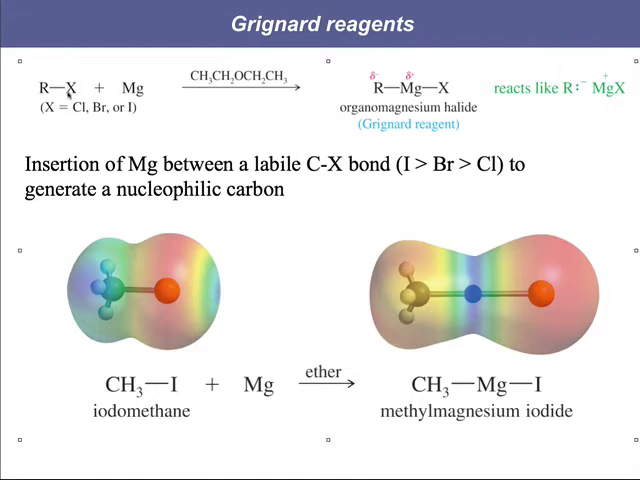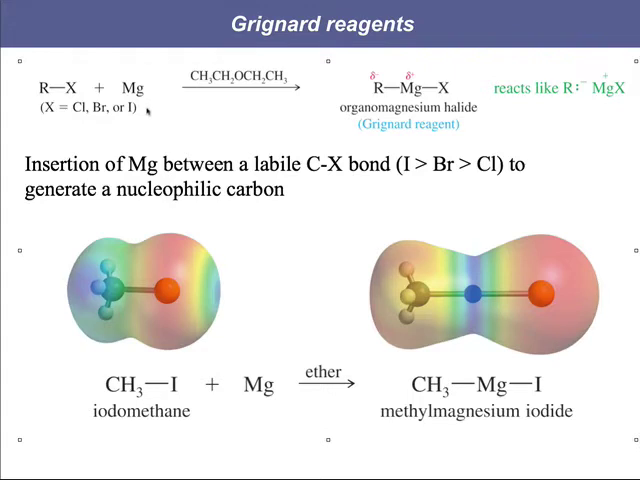Then all we need to do is take that alkyl halide and react it with magnesium or some other metal in diethyl ether, some polar aprotic solvent. Being aprotic is very important in this case. We'll talk about why at some point. So some polar aprotic solvent like diethyl ether. And what the metal will do is it will